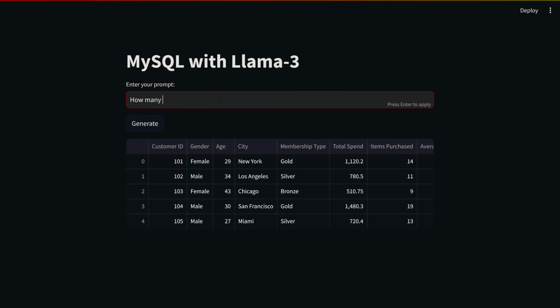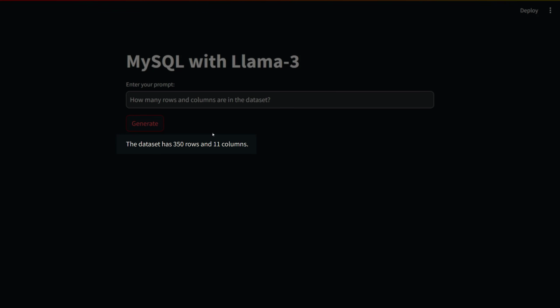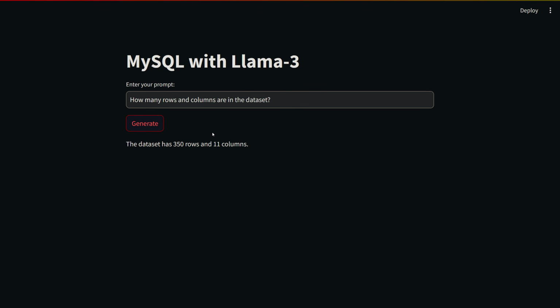Let's go ahead and make some inferences to show how the app works. Let's write how many rows and columns are in the dataset. Let me click generate. There you go. Here is the response. The dataset has 350 rows and 11 columns. We got the output by talking to the dataset. Amazing, right?